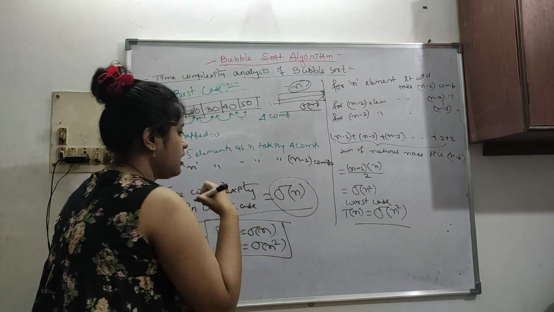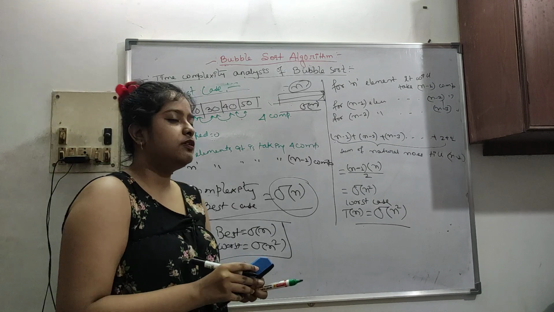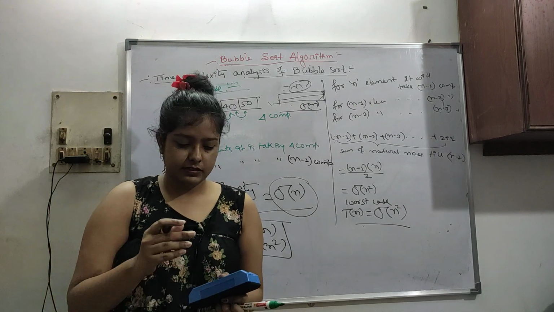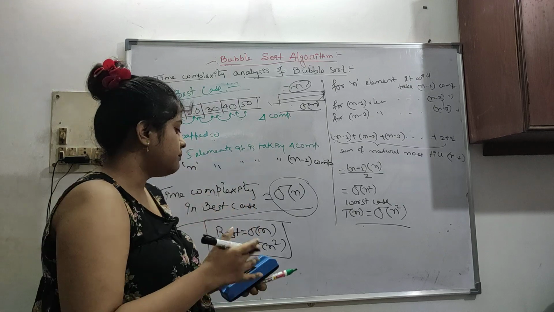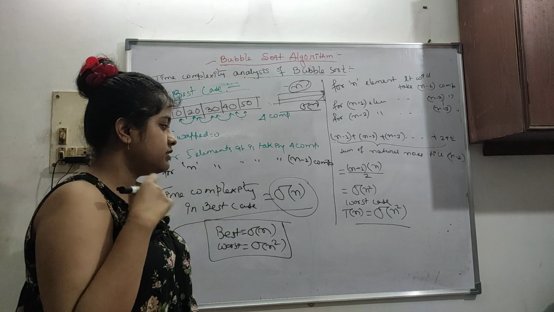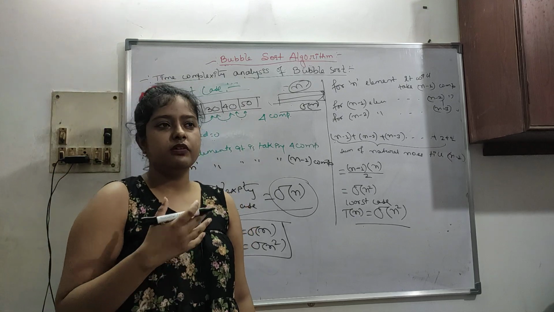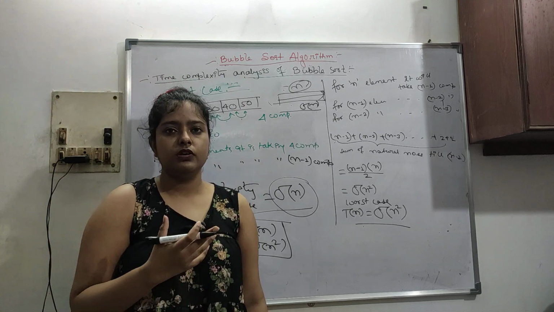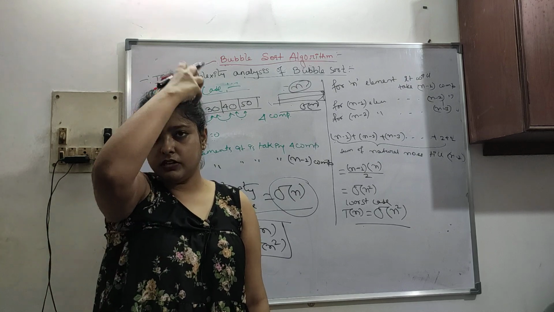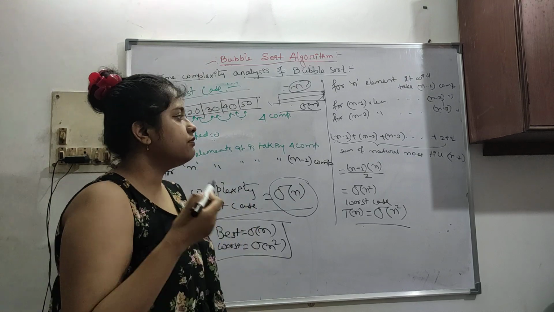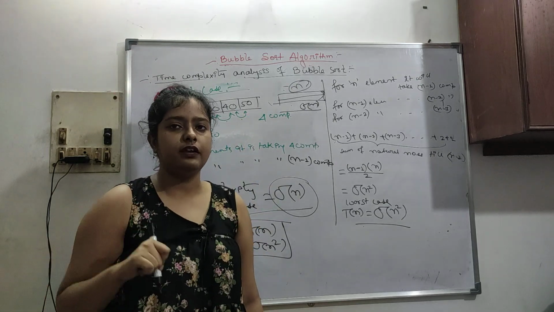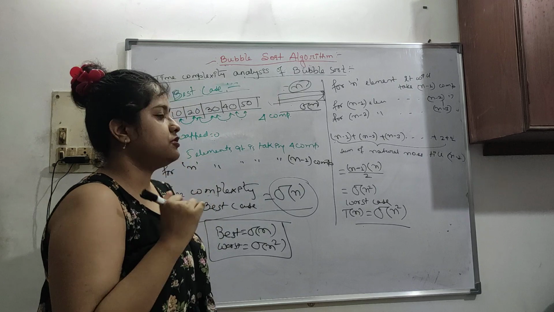So we have seen how this is working. Now we will move on to the next algorithm. Please make note of all these things because this is necessary. Don't just mug up that the best case is order of n and the worst case is order of n square. It is better to know how it comes, because there are so many sorting algorithms. Even if you forget in an exam or semester, you can work it out in your own way. So you should know the procedure.